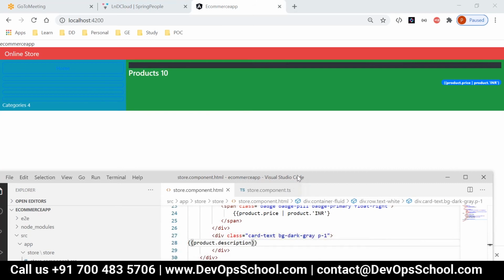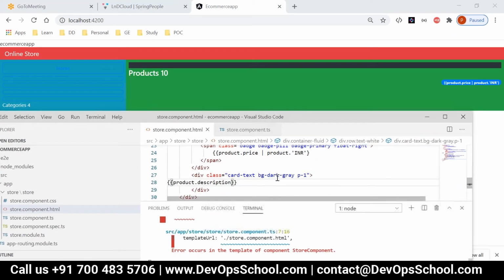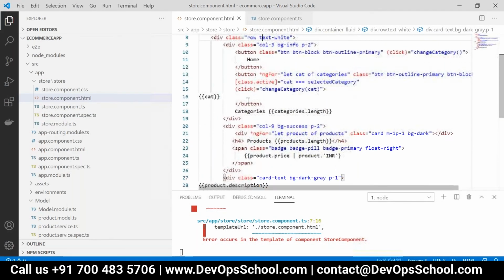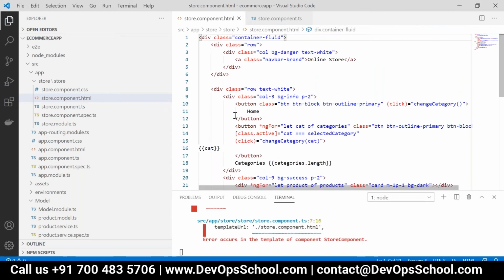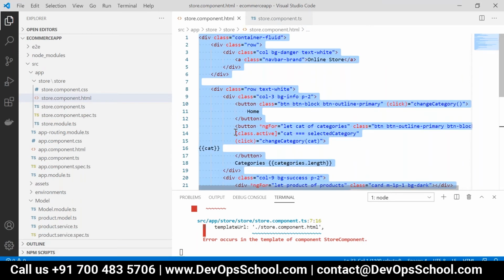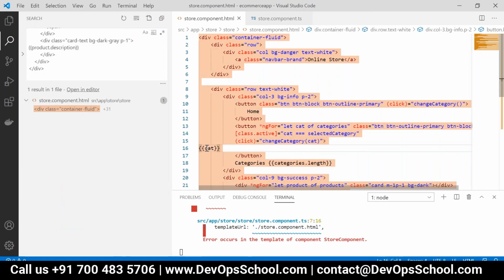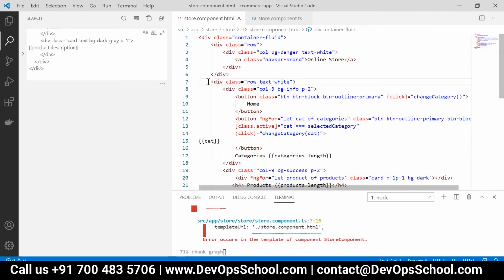Okay, just go to your code, Visual Studio Code. It is showing a store component HTML error. It is in line number 7. Line number 7, nothing is closed here.